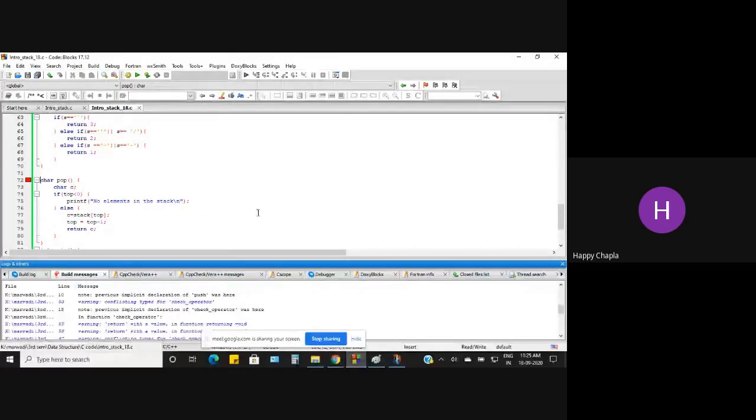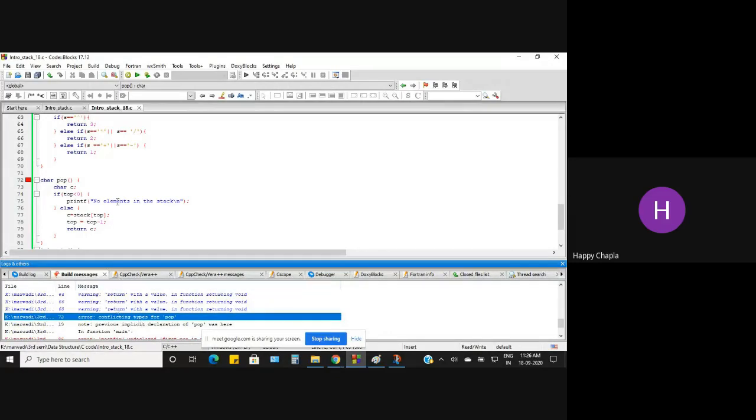Okay, no any doubt? See this type of example, that means solve this infix to postfix. Krish, yes, you can share your screen, Krish. Warnings: return with a value and function in void.